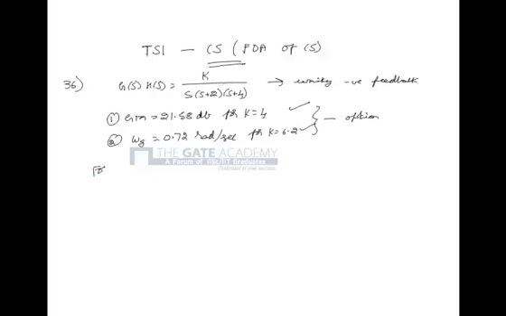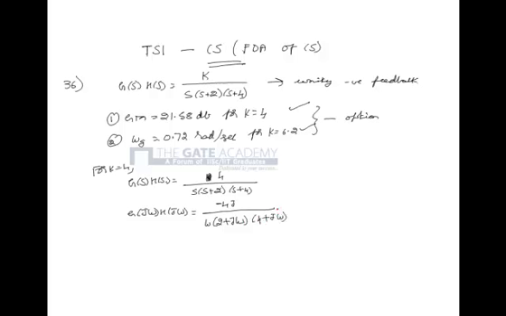Initially, say for K equal to 4, G(s)H(s) is equal to 4 by s into (s plus 2) into (s plus 4). So G(j omega)H(j omega) is equal to minus 4j by omega into (2 plus j omega) multiplied by (4 plus j omega). On rationalization, it can be simplified as minus 4j multiplied by (2 minus j omega) multiplied by (4 minus j